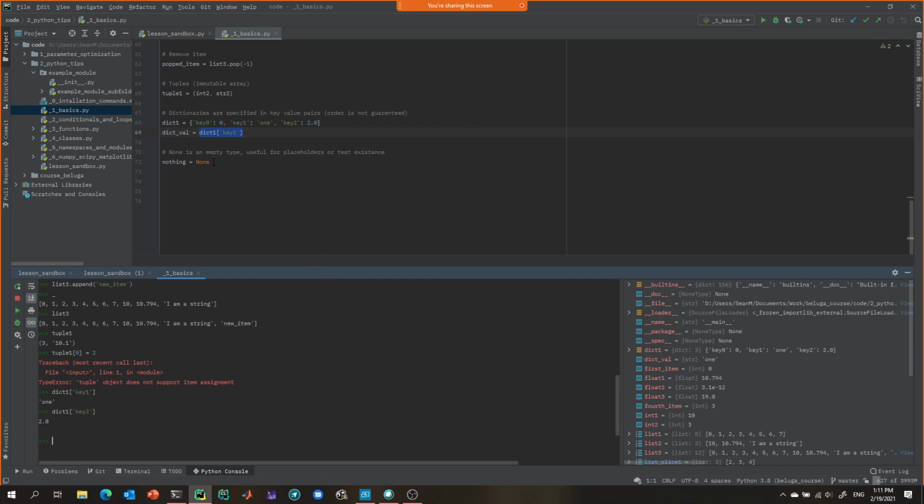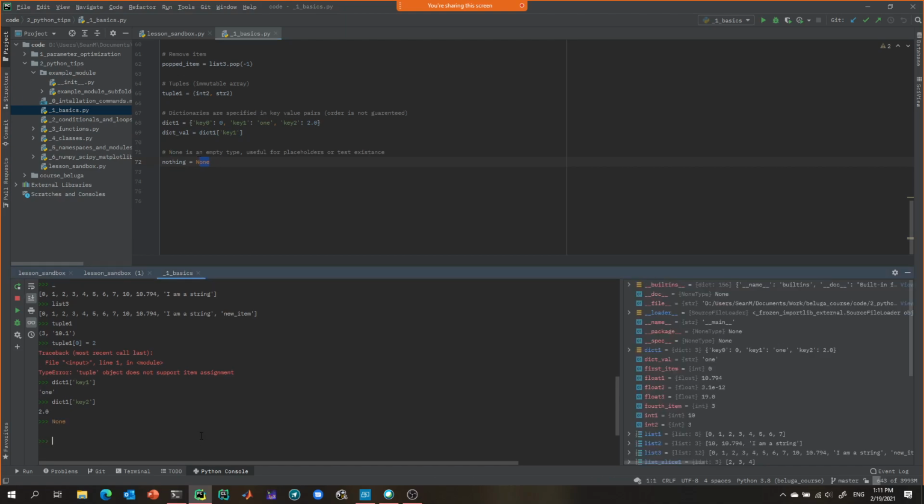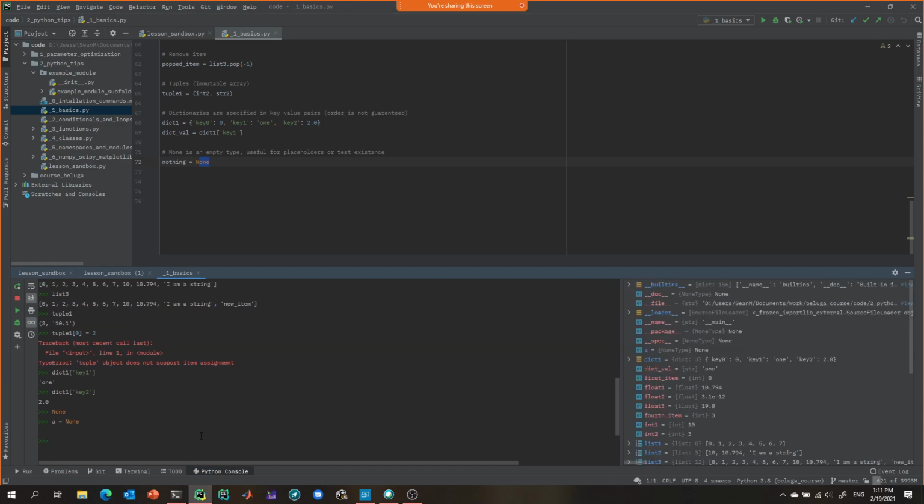And the last type of object I want to cover is None. None is like it sounds like, none. If you say A is None, it's the same as saying it doesn't really point to anything. That's more useful than it seems, because there will be times when you're filling out classes or